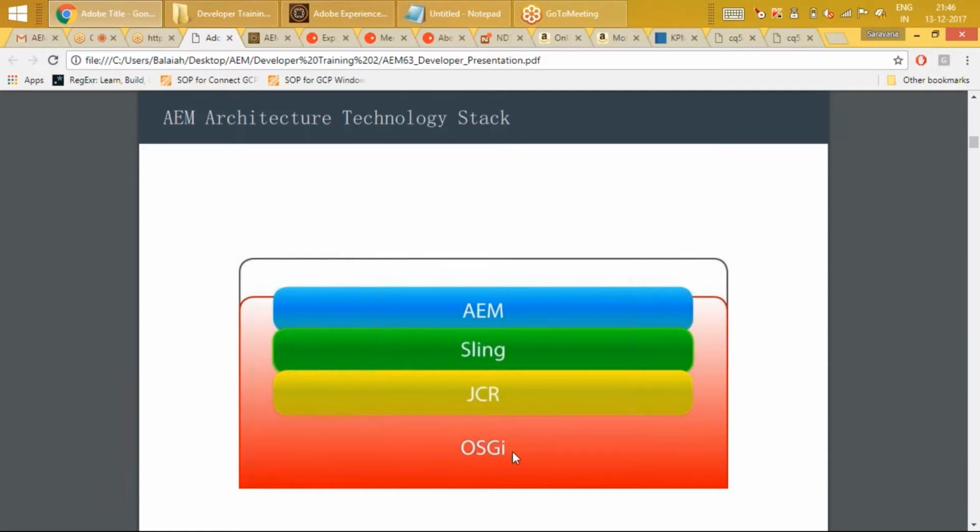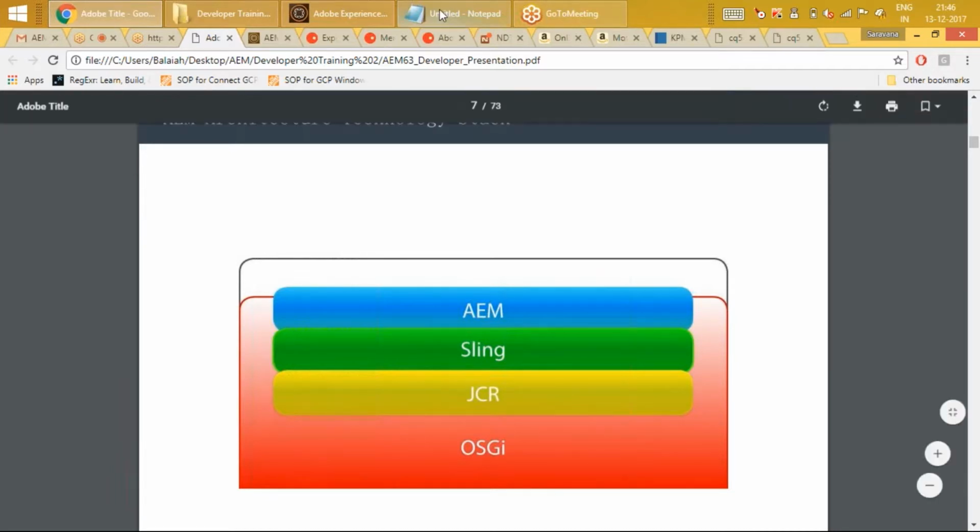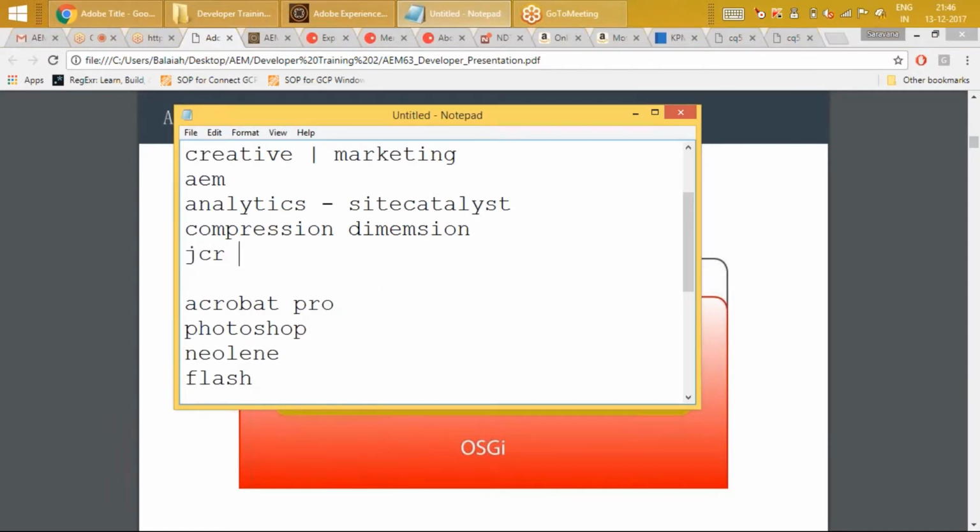It runs with a container called the OSGI container. This is where all of my AEM bundles, my installation, all of it, it provides the container space for me. Like all of my services will be rendered, will be provided from the OSGI layer. There's a bottommost layer called JCR. The JCR stands for Java Content Repository. So JCR is equivalent to your databases. Okay, so JCR is your persistence layer.